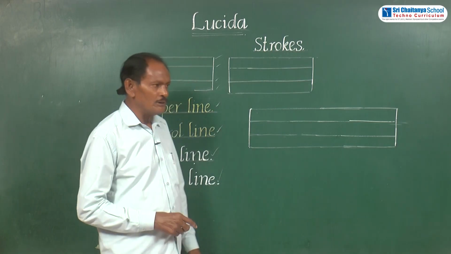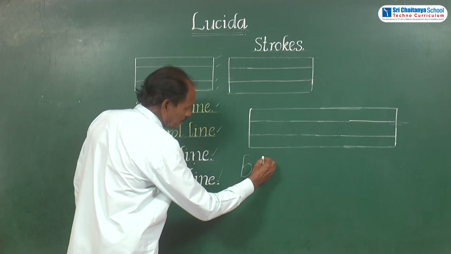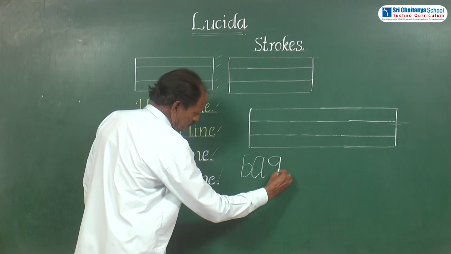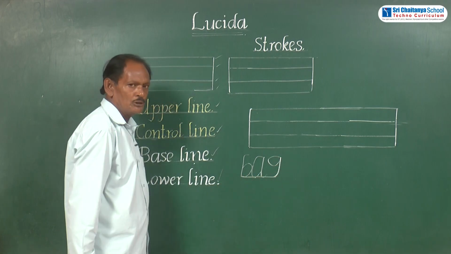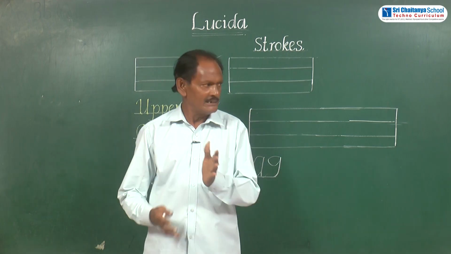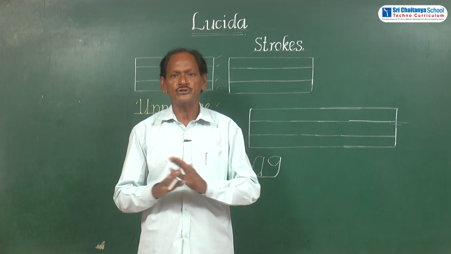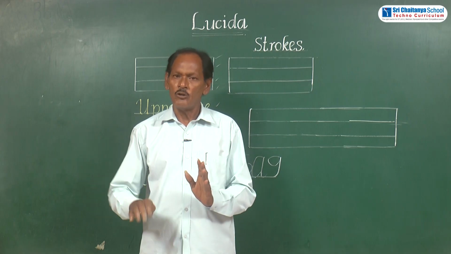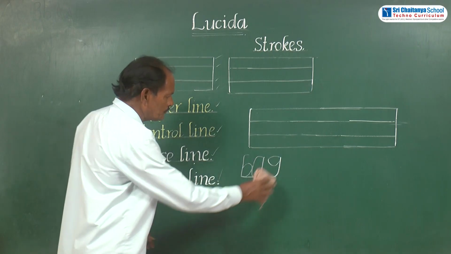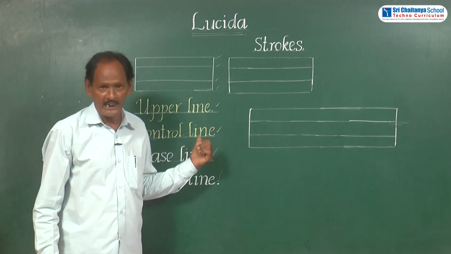because as I told you in the earlier class, if a student writes the word BAG in this way, this is not the correct way of writing that word. Each and every letter has its base form and stroke. These two are different for all the letters of the English alphabet. That is why, first of all, we have to find out how many zones are there in this handwriting.